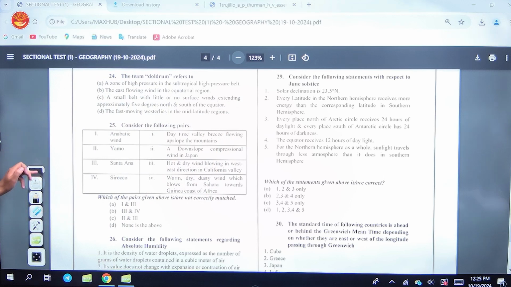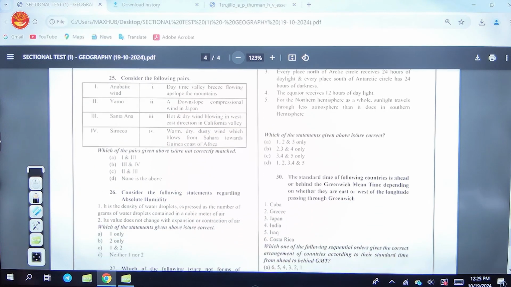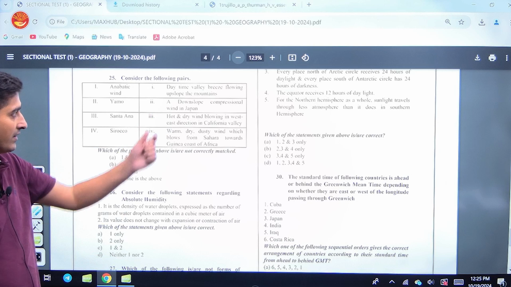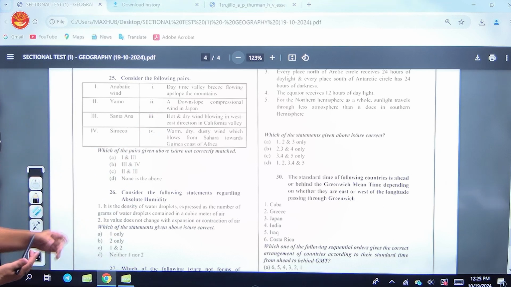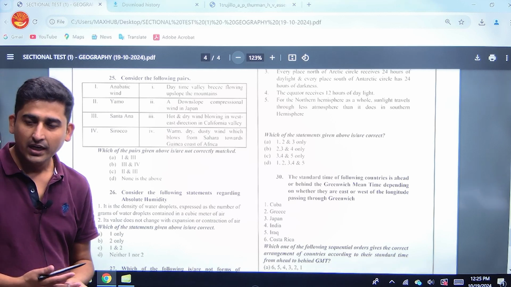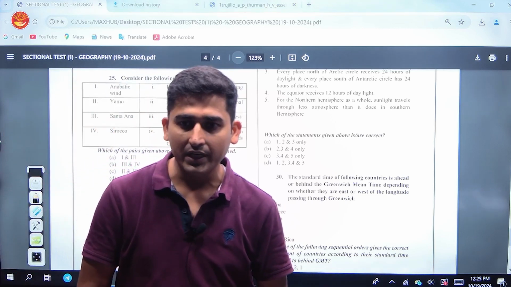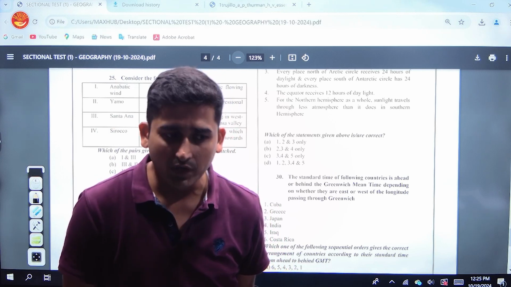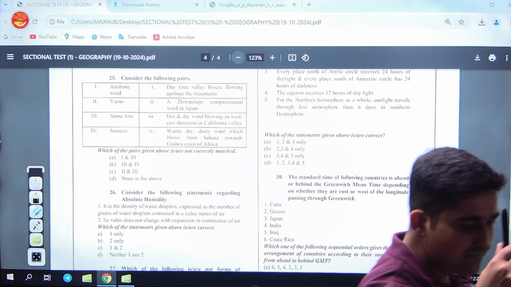Come to the next question, that is, consider the following pairs. Anabatic wind. What are these anabatic winds? If you remember the periodic winds, we have discussed periodic winds and non-periodic winds. Under that we have discussed mountain and valley breeze under the periodic winds, and one more thing that we have discussed under the